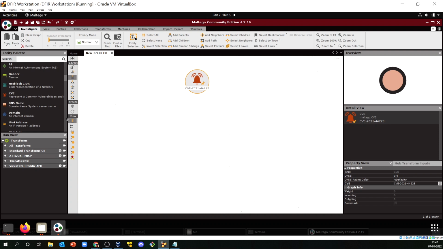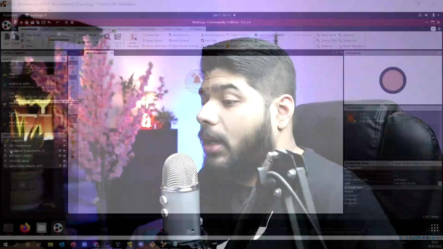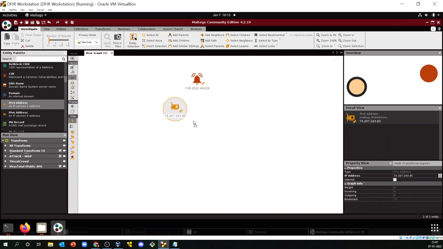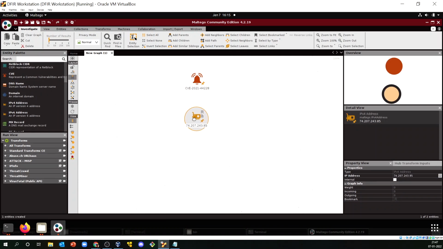Now let's say you are investigating this particular CVE and you have observed multiple attackers trying to scan your network, and you need to build a topology out of it. How can you do that? Let's assume you have an IP address. You drag this IP address entity over here and change this parameter.